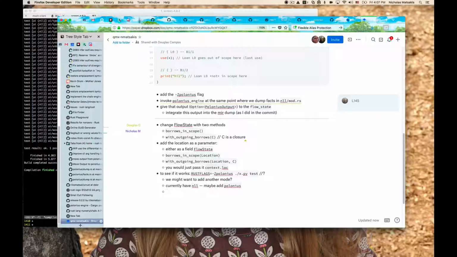We can just add -Z polonius to the list. The only problem with that will be that we also would want to go and rename all the .nll.stderr files to .polonius.stderr because that's the expected name. Kind of makes sense. But that's where we want to go, right? Because NLL kind of says what it is, but not necessarily what we